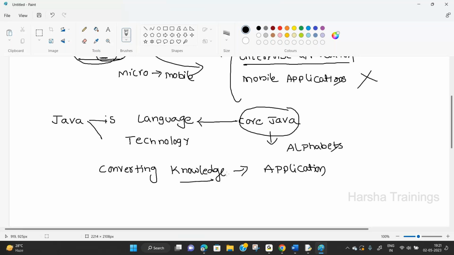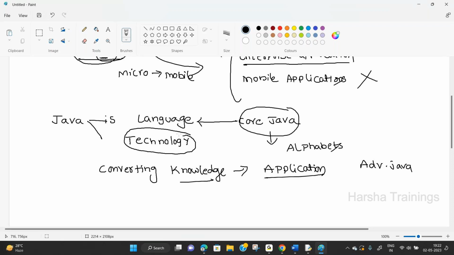The knowledge is converted into one real-time application, that is done by advanced Java, and advanced Java is a technology. You understand the difference? Core Java is called language. Under this, we learn all the alphabets, basic programming components, etc. Advanced Java is called technology. Technology means whatever knowledge we learn, that is converted into an application.